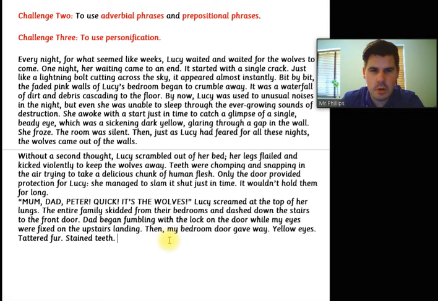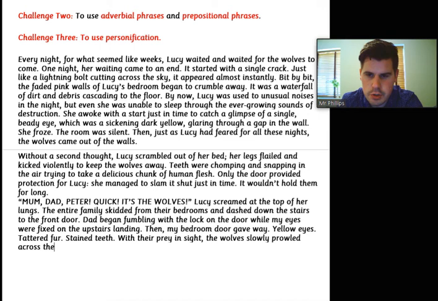Maybe really slowly the wolves started to prowl down the stairs, with their prey in sight. The wolves slowly prowled across the hall and down the stairs. Maybe I don't want more dialogue. Maybe something I can hear. Maybe I could hear someone's breath really heavily. I could hear the sound of